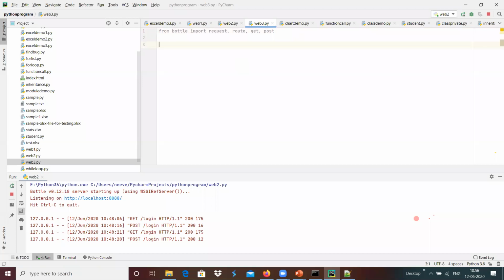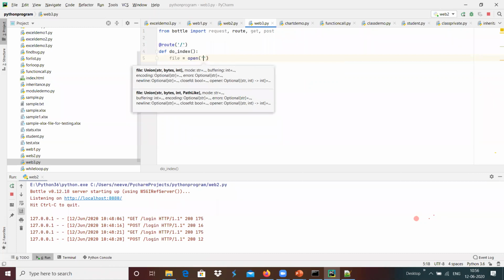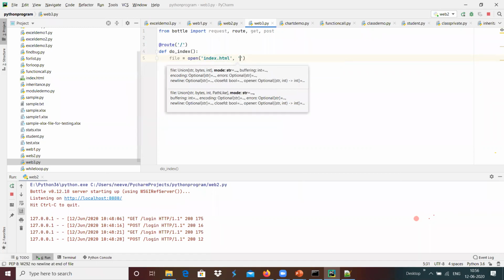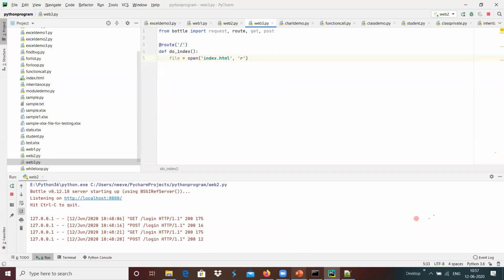In the get, I'm going to add a route of slash, which will be def do_index over here, and I'm going to write file equals open, giving the file name index.html, comma, in read mode.